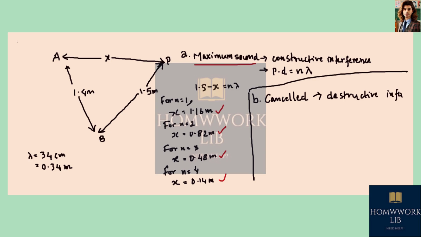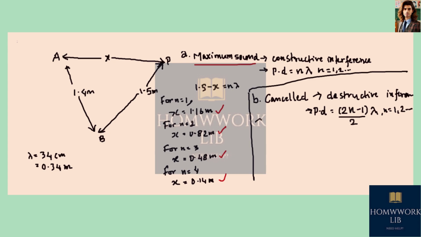And for destructive interference, our condition is that the path difference PD should be an odd integral multiple of lambda by 2, that is (2n minus 1) by 2 lambda, where n goes again from 1 to